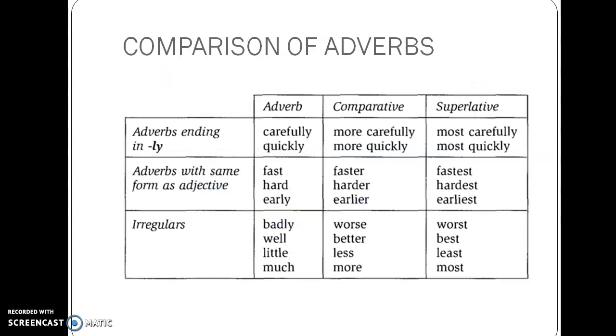And then the last thing that you need to remember is, just like comparison or degrees of adjectives, you have degrees of adverbs also. You have positive degree, comparative degree, and superlative degree. Positive degree is the exact word that you're talking about. Comparative degree is when you're comparing two things. Superlative degree is when that is the highest level of degree, when more than three or four things are compared.